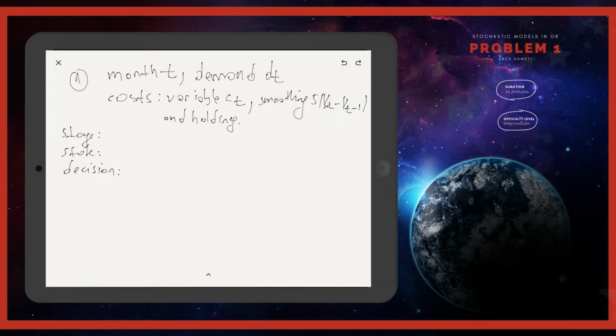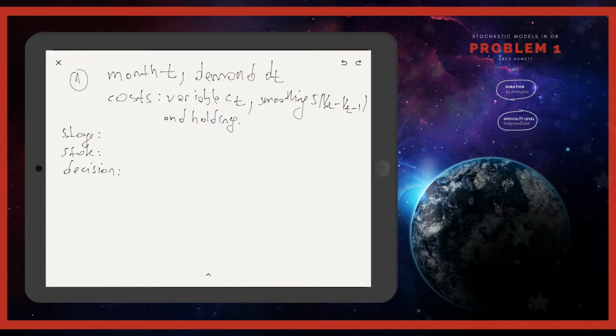In the first question, we have a production company, and this production company needs to formulate a recursion problem. So we have some months that we are dealing with. Each month we have a certain demand. We have three different kinds of costs. We have a per-unit variable cost, CT. This means that if I produce 1 unit, 2 units, 3 units, for each of these units, I will pay